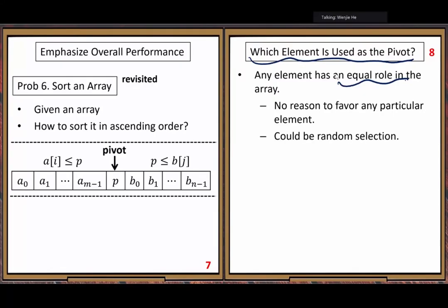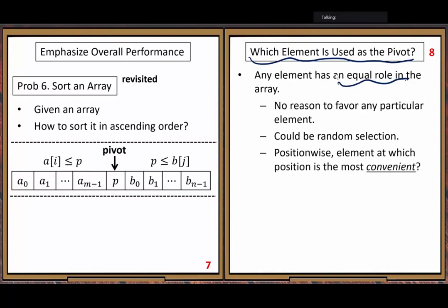After we fix this random pivot selection problem, we have another technical problem we need to address here. Position-wise, because this random selection is regarding the values, right? Value-wise, your selection is random.